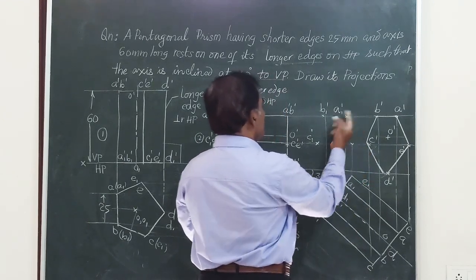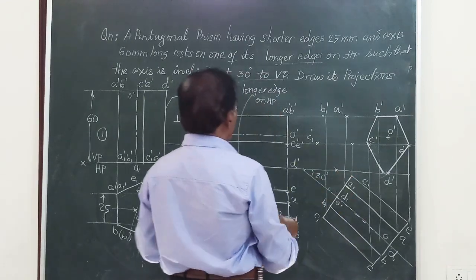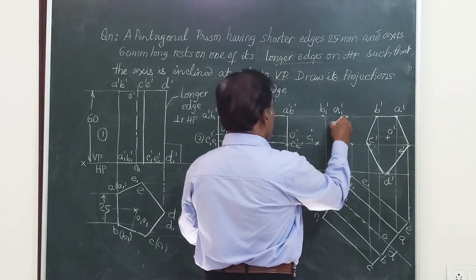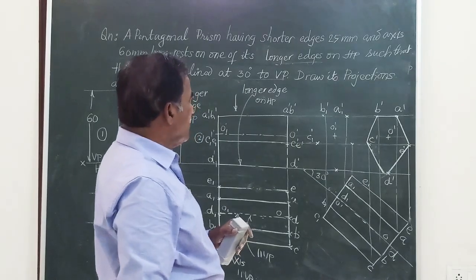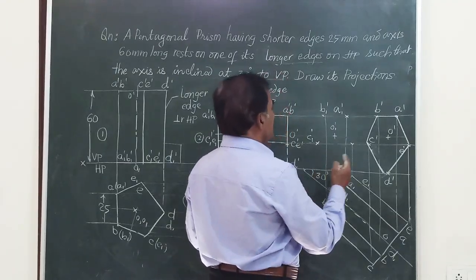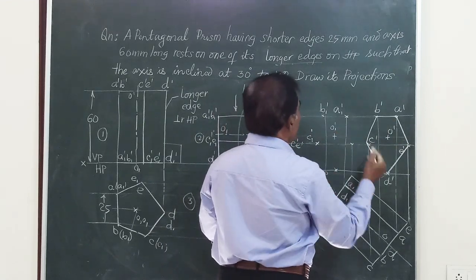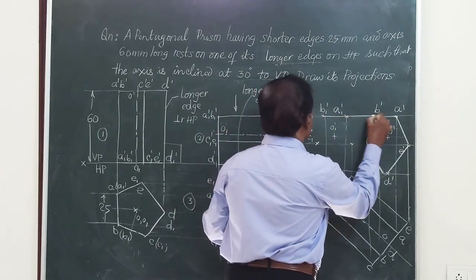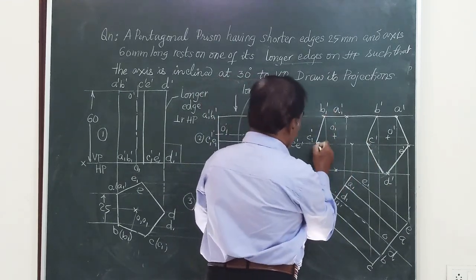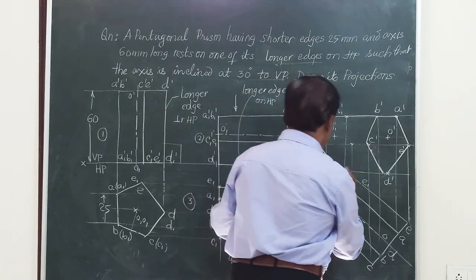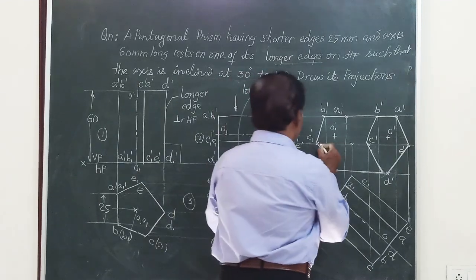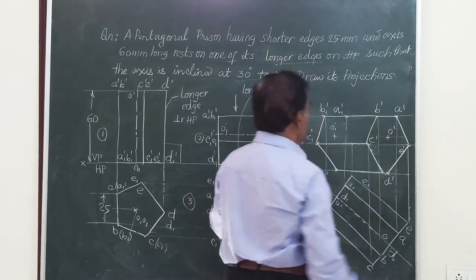So A1 dash, B1 dash, C1 dash. We got all the other 5 points. The center of the bottom face is O1 here. I will mark it as O1 dash. Friends, we have got all 5 points here for the 5 corners of the bottom face. Let me join the extreme lines or the boundaries of the figure by full lines. So we have the B to C line like this. This point you are able to see, and this edge you are seeing. When you look from here, that CC1 is visible, so I am going to mark CC1 also by a full line.